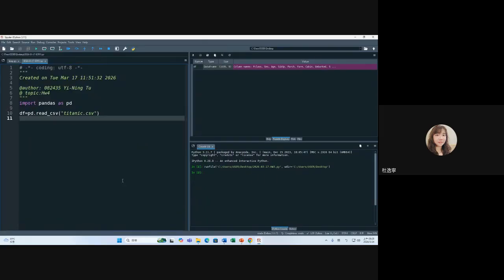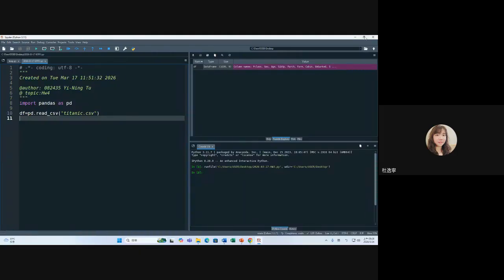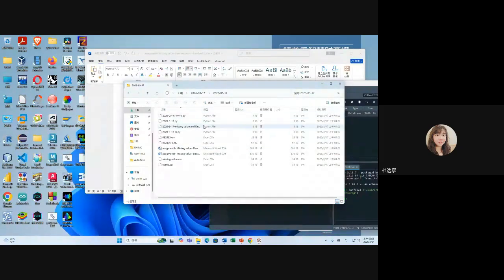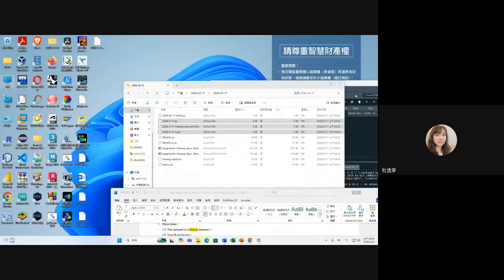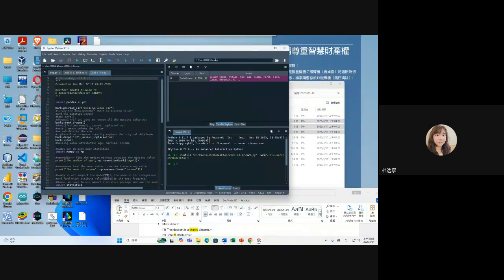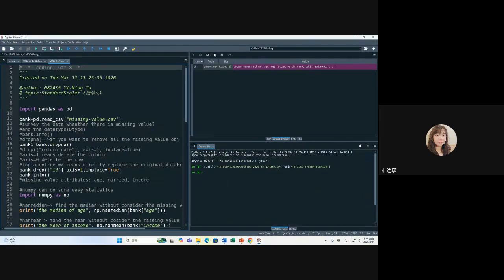So how do you remove it? If you remember, we mentioned how to remove. So we need the code from last week. Last week we had the standard missing value, something like that. We need those things to help us. Okay. So we will find where we can delete the data. First, we can reference this from last week. This is about dropping a row, but we want to drop an attribute. We have to use this,